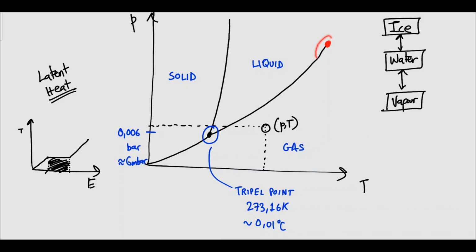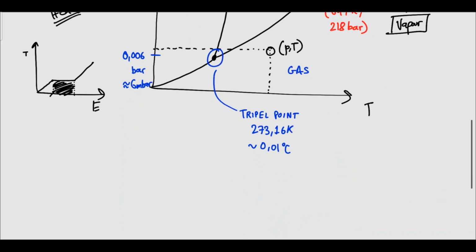And what is this point around here? This is called the critical point. For water, it comes out at 647 Kelvin and 218 bar. This is a very interesting point in the phase diagram where you can actually not make any difference between the liquid and gas phase boundaries. So basically, if you have a